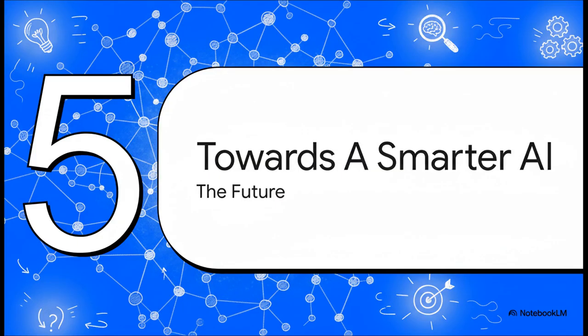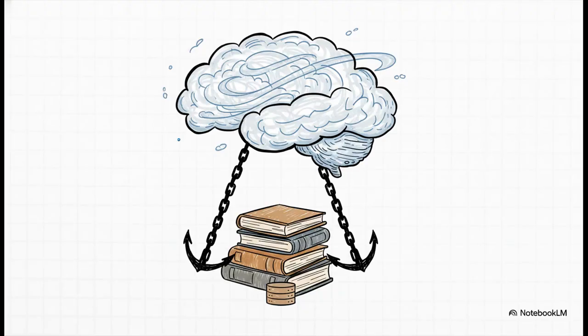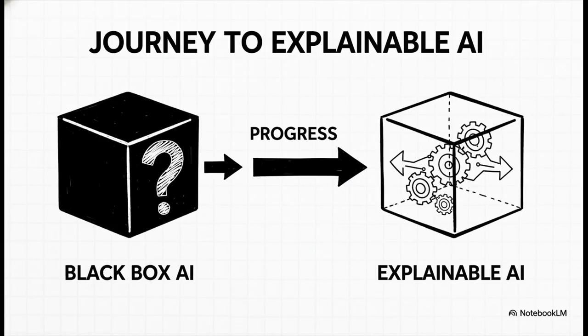What's the future look like for dealing with this strange and challenging phenomenon? Well, the long-term goal isn't just playing whack-a-mole, trying to patch up errors as they appear. The real goal is to build systems with something called knowledge integrity. Now, in simple terms, that just means creating AIs that can anchor their answers in the real world. AIs that can connect to live, verifiable databases so they can actually check their work against proven facts, not just statistical guesswork.